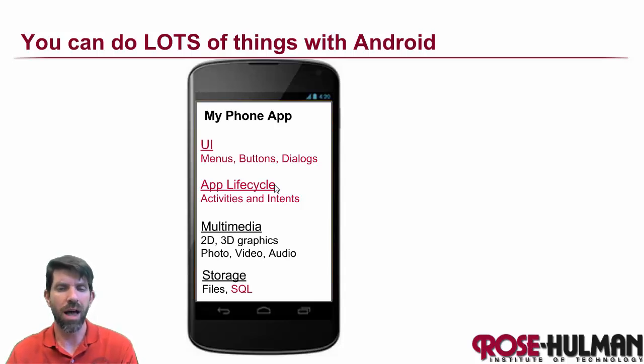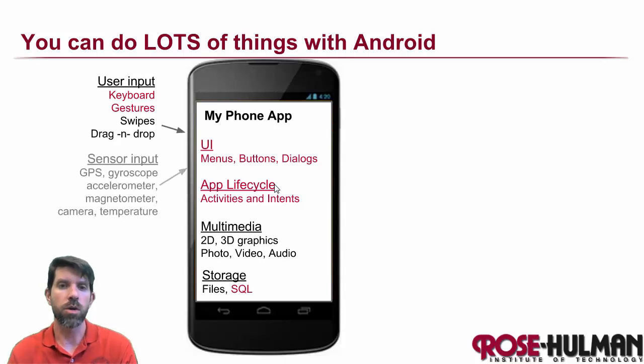All right, so you might wonder, how do we get information into our phone? Certainly we can get input from the user beyond buttons. We can use an on-screen keyboard, various kinds of gestures, swipes from the side, and so on. We can also get information from various sensors, not only location data from GPS, but also from gyros and accelerometers, actually detecting more precisely the position of the phone, even thermometers that are on some phones.